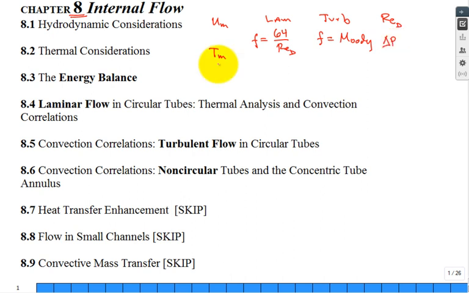Okay. What about in thermal considerations? You have this mean temperature, and one of the concepts we did last time was energy balance. So if you have a pipe, maybe I'd change the color a little bit, clean it up there. The wall of the pipe, and you have the entrance and some sort of exit to the pipe, and you come in here and you select a little section. You should be able to do an energy balance for flow. And so the rate at which it's flowing in and crossing at this location x, and then this is location x plus delta x, is the mean temperature at x, and then the mean temperature at x plus delta x